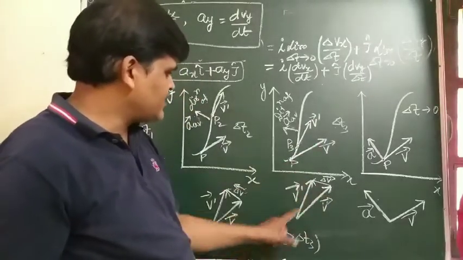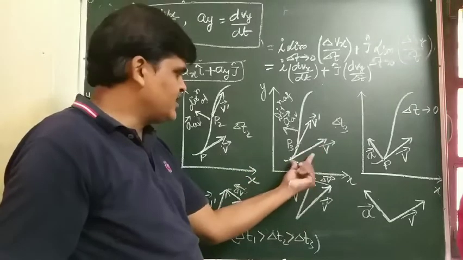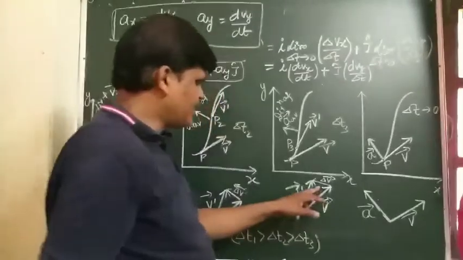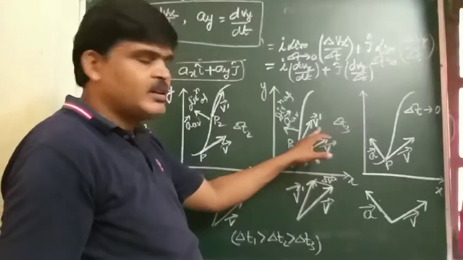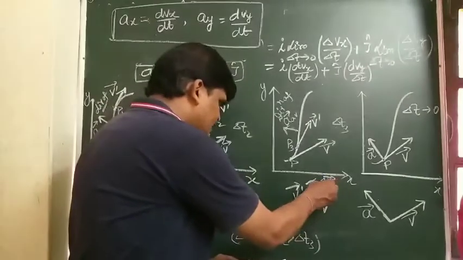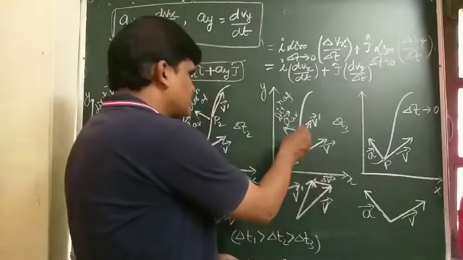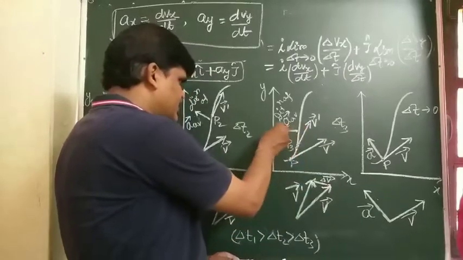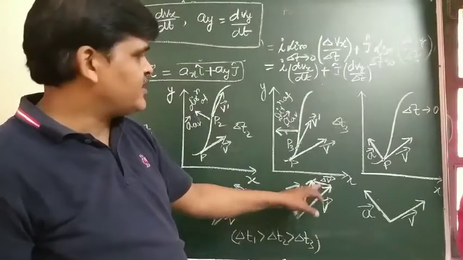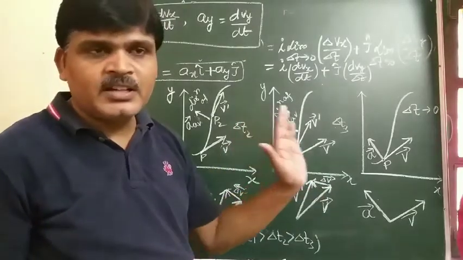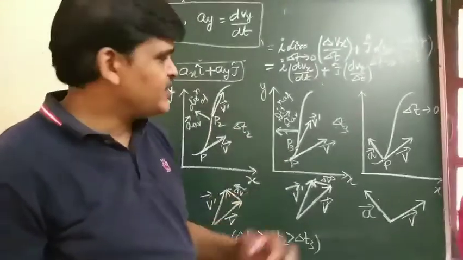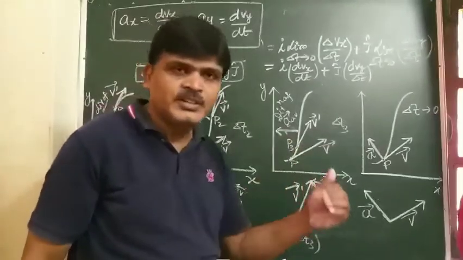Again we find that the direction of velocity of the object is V vector, and after delta T3 time the direction of velocity is V dash vector, and again we see the direction of change in velocity changes. So the direction of average acceleration, which is the same as the direction of change in velocity, changes. So as the time interval continuously decreases, the direction of change in velocity of the object changes, so the direction of average acceleration will also change.